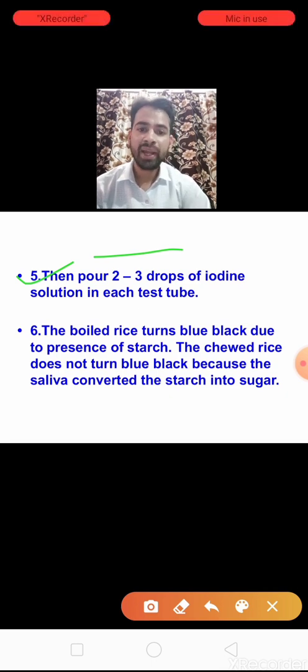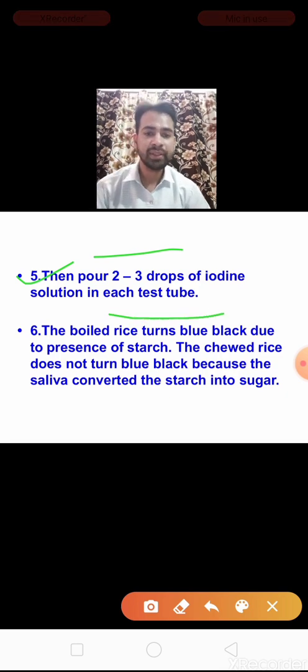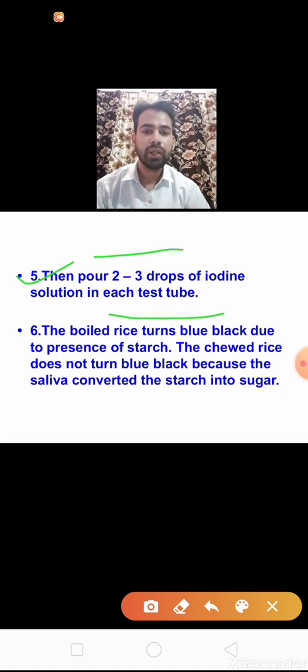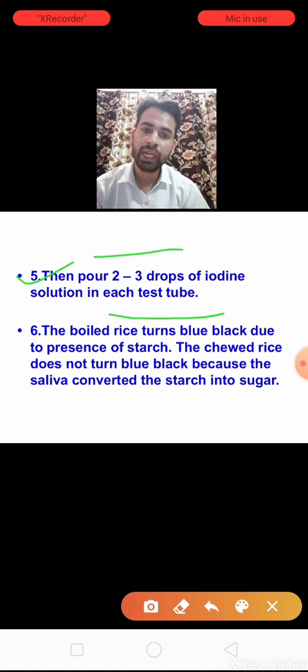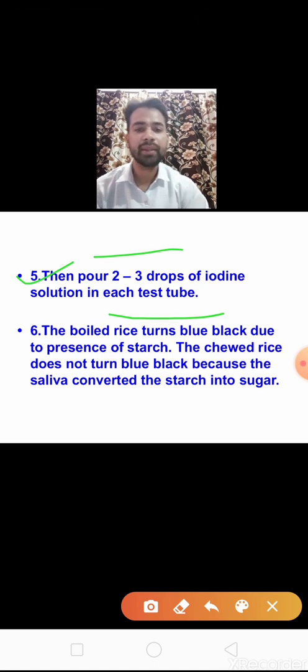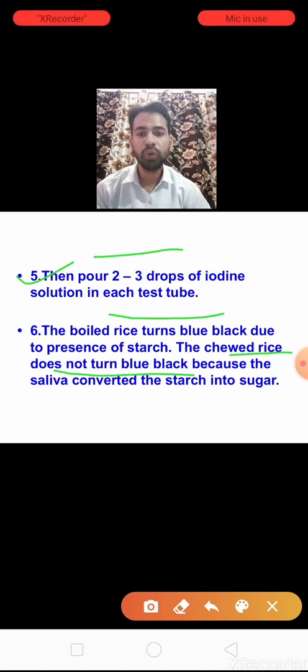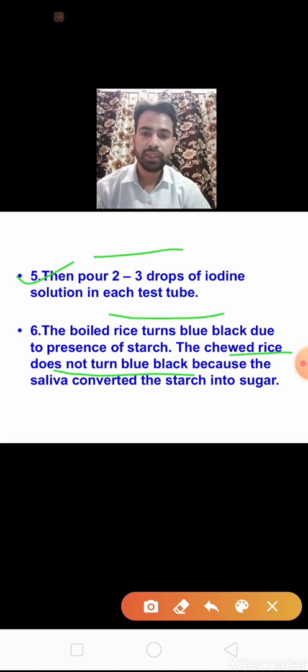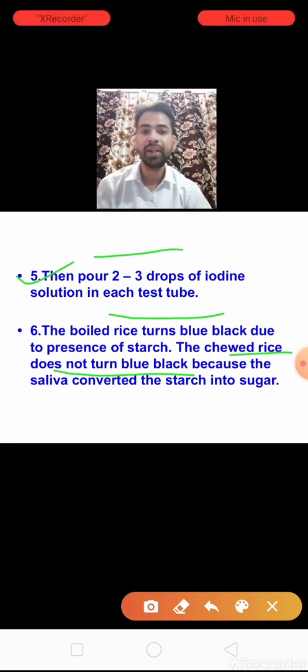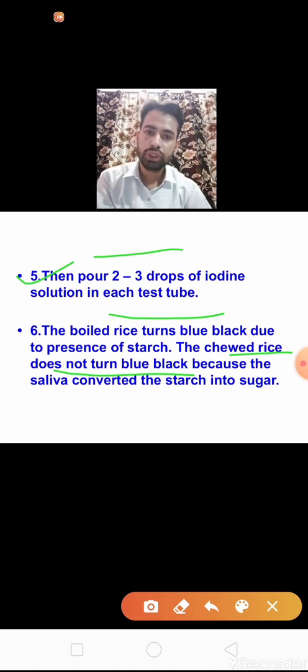The boiled rice turns blue black due to the presence of starch, and the chewed rice does not turn blue black because the saliva converted the starch into sugar. Children, why is this happening?